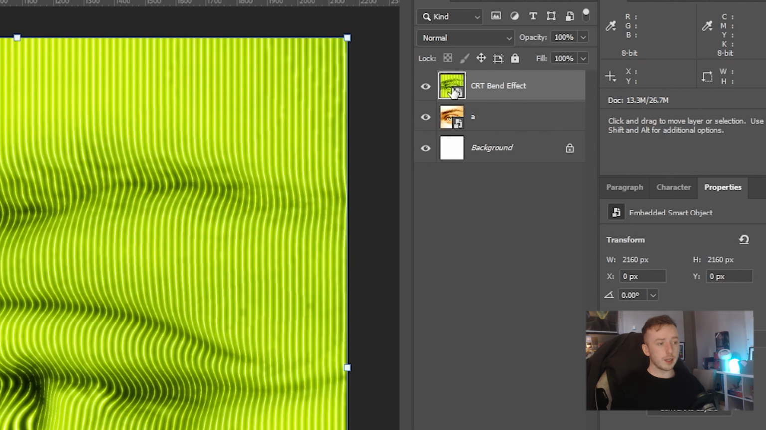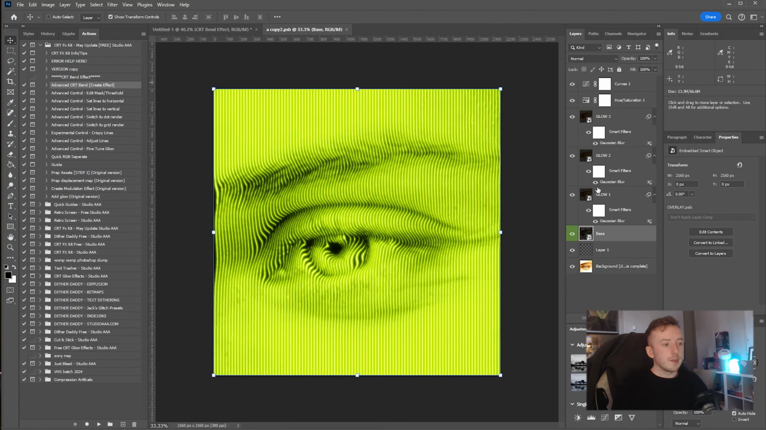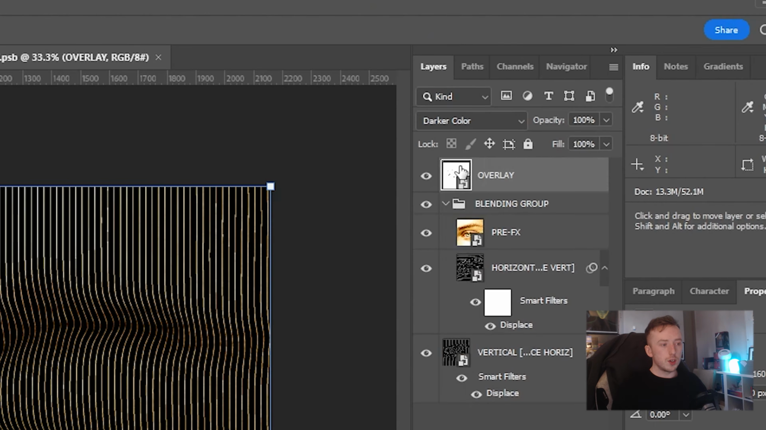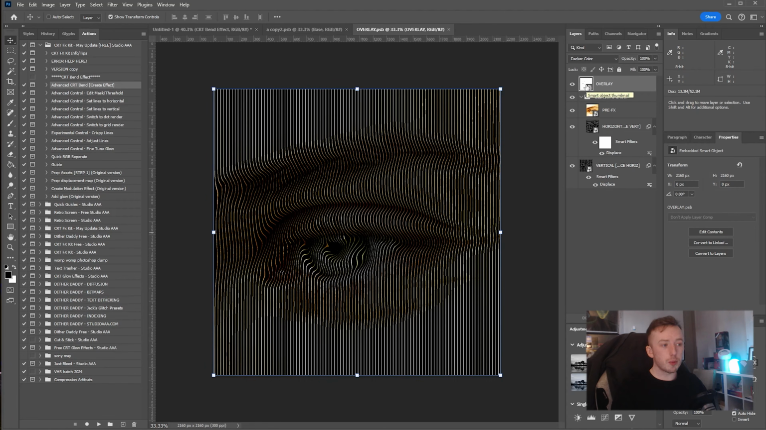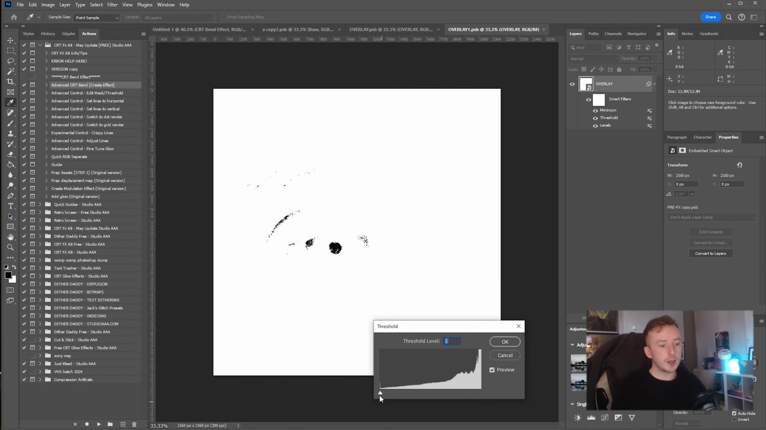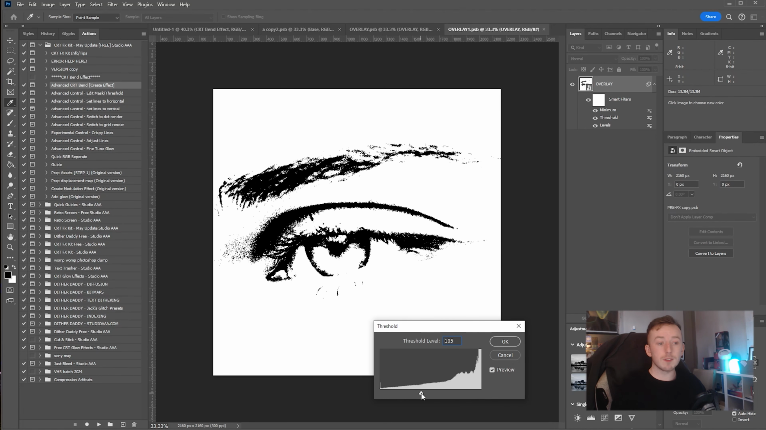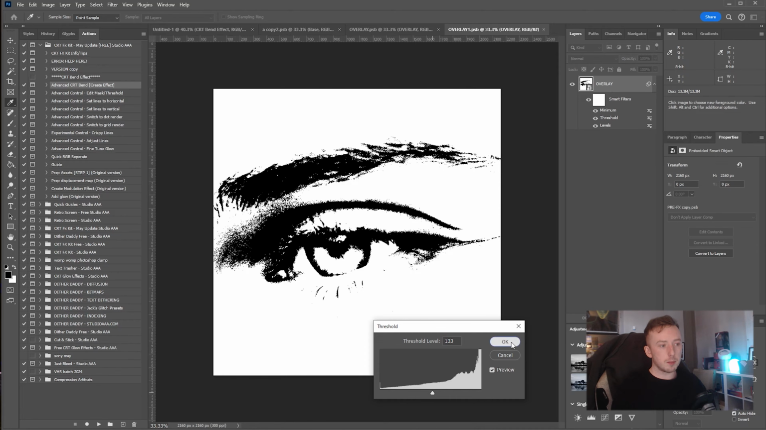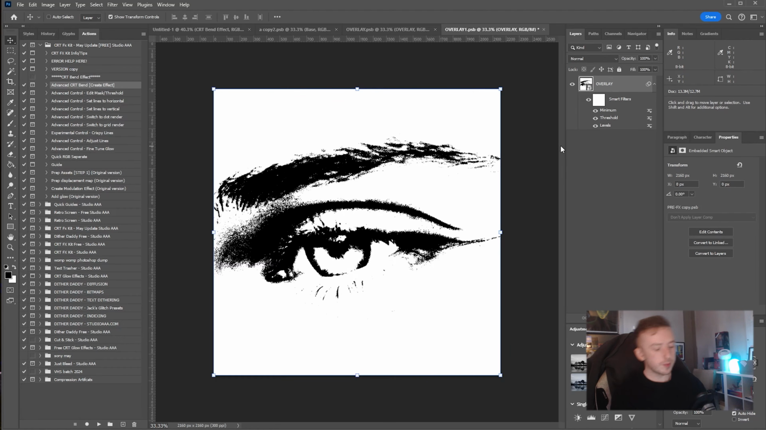So if we double click into the CRT bend effect, it takes you first to the glow controls, and then if you double click the base layer again, you've got this layer that is called overlay. This is the layer that we were just applying the threshold to. So if we now double click into this and click on the threshold, we can now make changes to the visibility. So if I just put that somewhere in the middle,